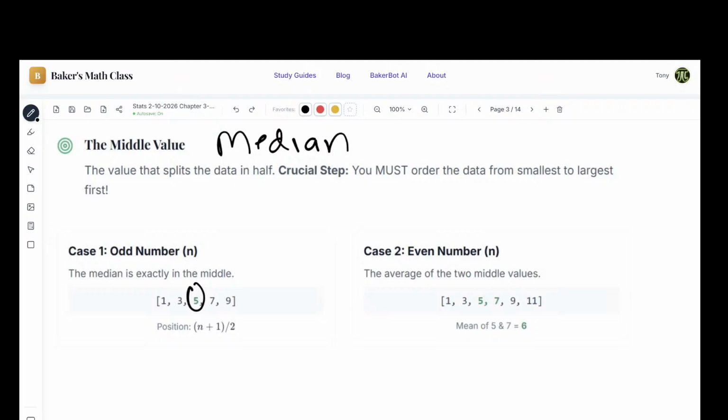In the second case, I have an even set of numbers. If you have an even set of numbers, you're going to take the average of the two numbers in the middle, the median numbers. So again, 6 divided by 2 is 3. I count 3 over from the beginning. That's the 5. I count 3 over from the end. That's the 7. So I take those two numbers, add them up, and divide by 2. And that gives me my median. For this problem it is 6, because it's the average of the 5 and the 7. I will say average and mean interchangeably the entire time. They mean the same thing.